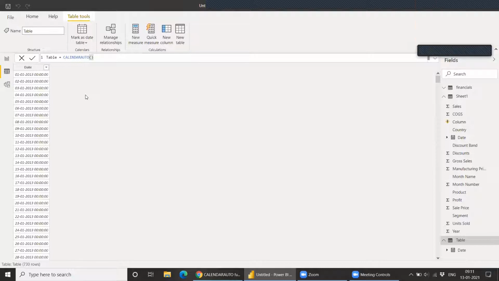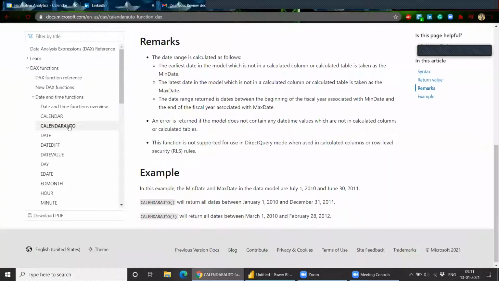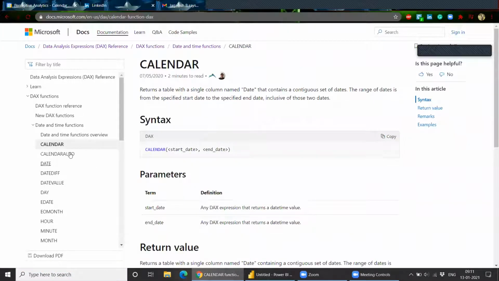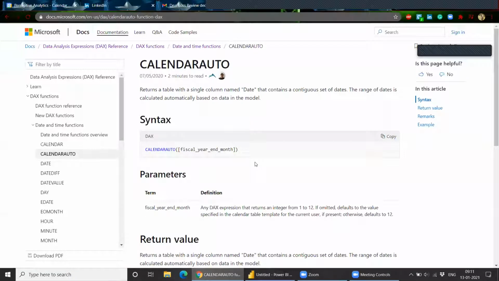Is that right? Yeah. So sometimes in your data some days are missing, but you want a complete table in your data set. So instead of creating a blank row, you can just create this table. It will give you dates from start till end for each day. Understood. Okay. So the difference between Calendar and Calendar Auto is, in Calendar, you give the start and end date manually, but in Calendar Auto, it detects from the existing models which you have in Power BI.